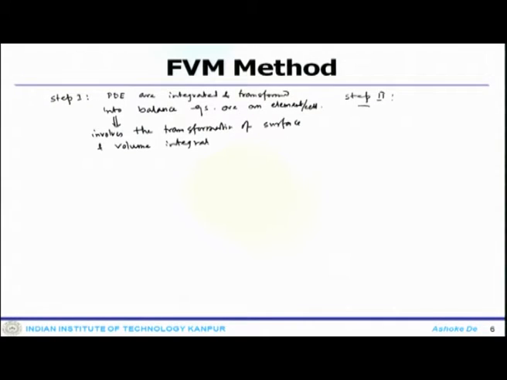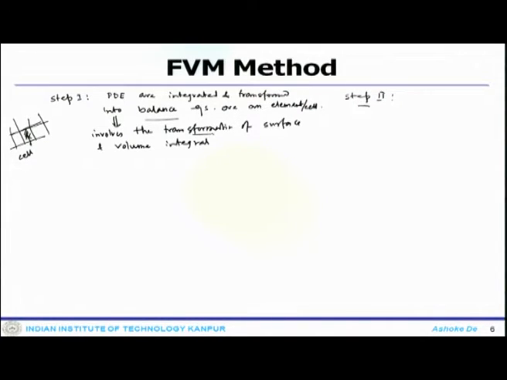Okay. So what happens is that you have a set of partial differential equations. Let us say, if you look at a simple system like this, this is one of your cells or finite elements. Over this particular element, let us look at a 2D element like here. You integrate the governing equations. Once you integrate the governing equations, they finally come down to the balance equation over this particular cell, and that involves the transformation or conversion of the surface and volume integral.